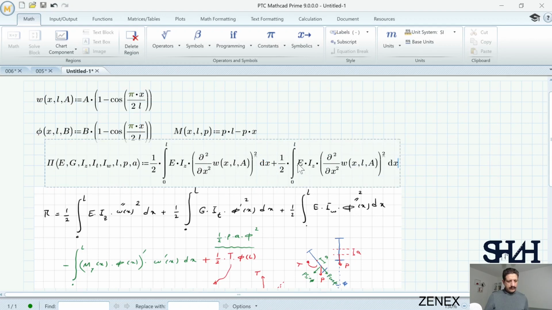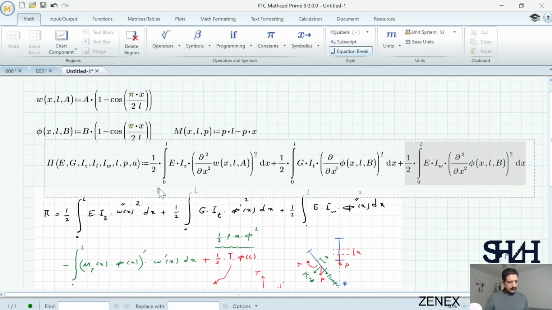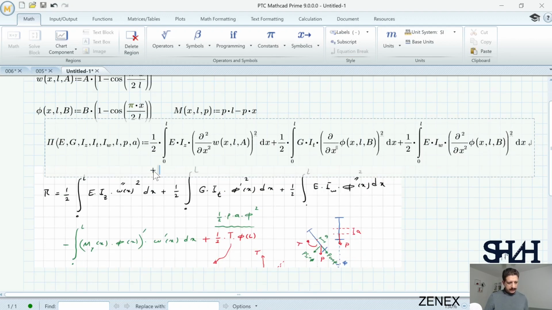plus, this time, G It times the first derivative of phi as a function of x and L and B, squared, plus this time E Iw, or Iw for the warping, times the second derivative of phi, squared, and then perhaps minus